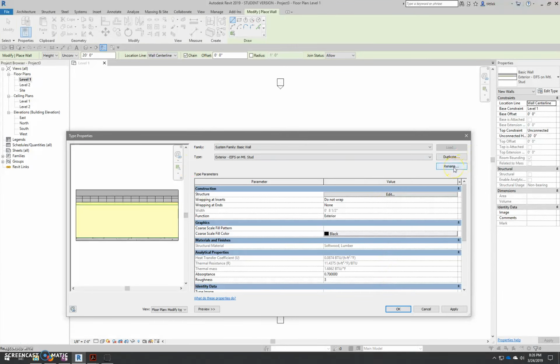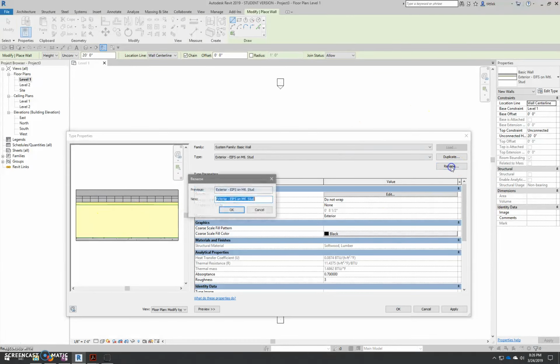Now I do want to rename this. I should have started out by duplicating this. I forgot to do that. Now I haven't placed anything in my drawing, so there's no trouble with renaming this. I'm going to call it exterior wood siding